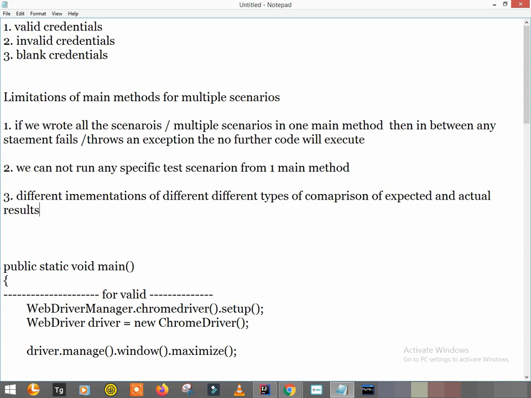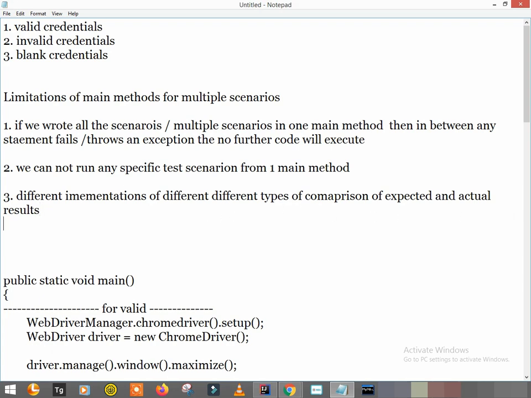For example, string, then boolean, array, lists. If my expected result is in the form of a string, I will have a different implementation. If my expected result is in the form of boolean, array, or list, I will have a different implementation for those different comparisons of expected and actual results.